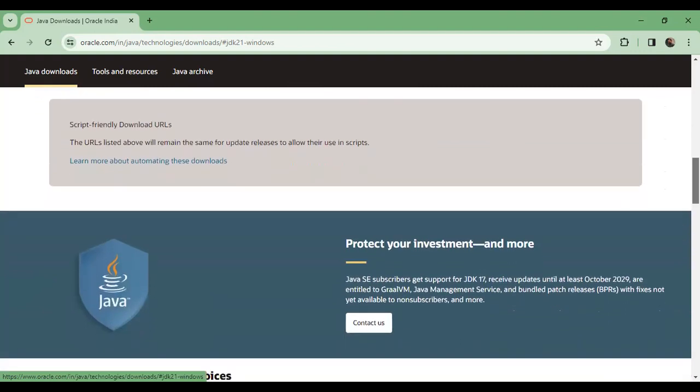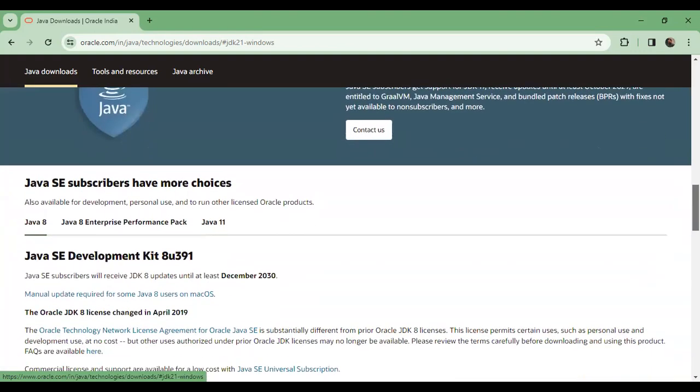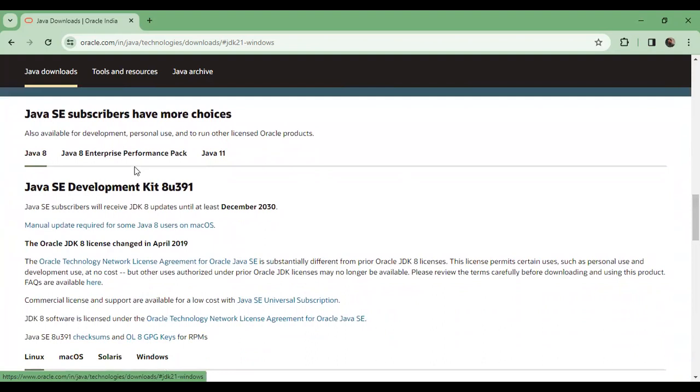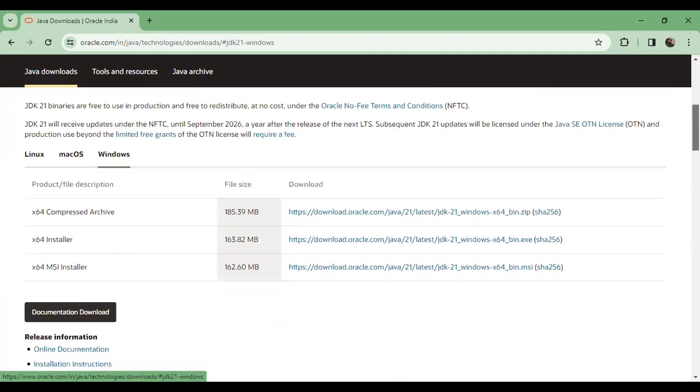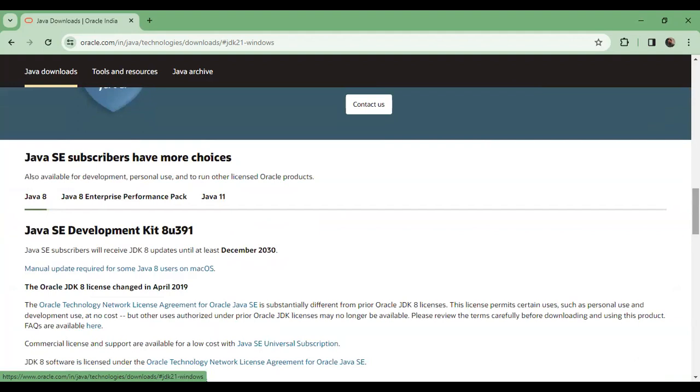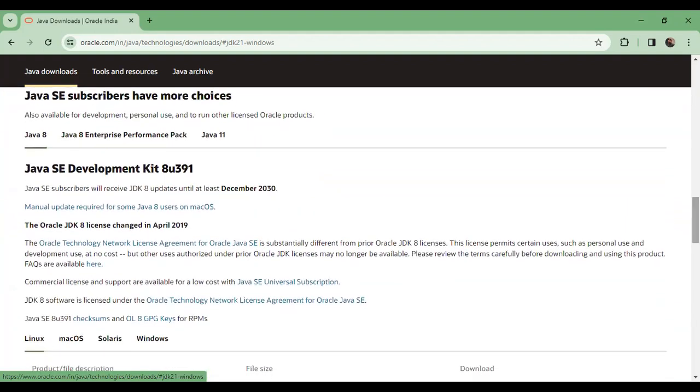So okay, that is the way. And here also, is it visible on my screen, guys? Yes, sir. So here on the bottom side, the Java SE Java 8 version is available. From this, just select that 8 version. Then here Linux, Mac, Solaris and Windows versions are available. Almost all software companies concentrate only on the Java 8 SE version.